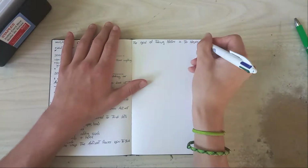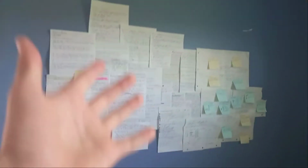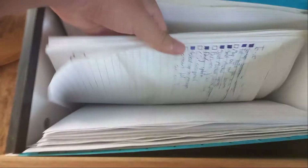The goal of taking notes is to never look at them again. I've taken a lot of notes in my life, just basically everywhere, from journals to literally sticking notes onto my wall, and even putting stuff inside of a filing cabinet and files and folders because I just don't know where else to put them. On top of all of this, there's even the